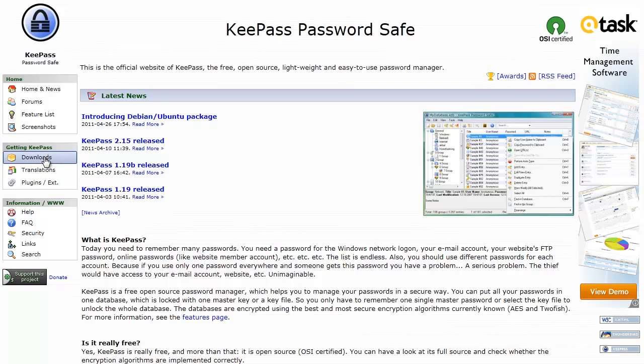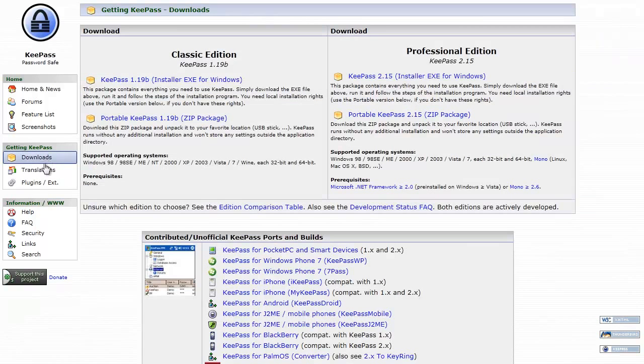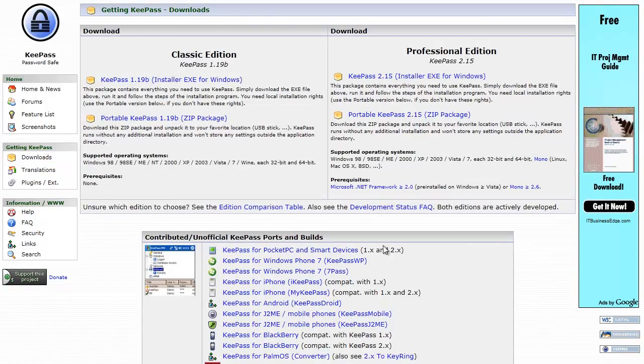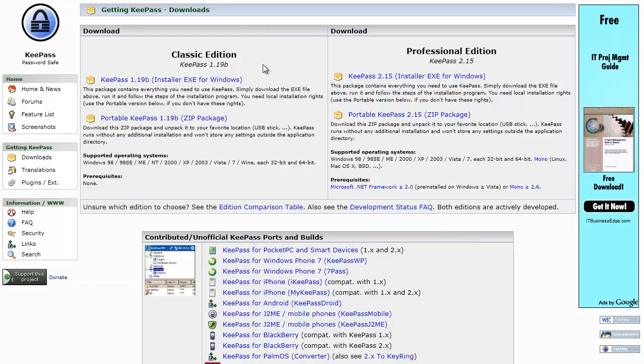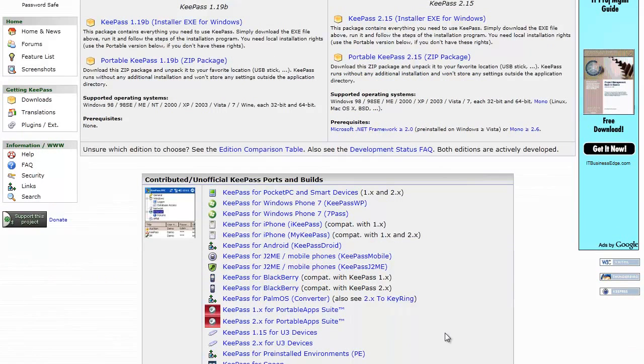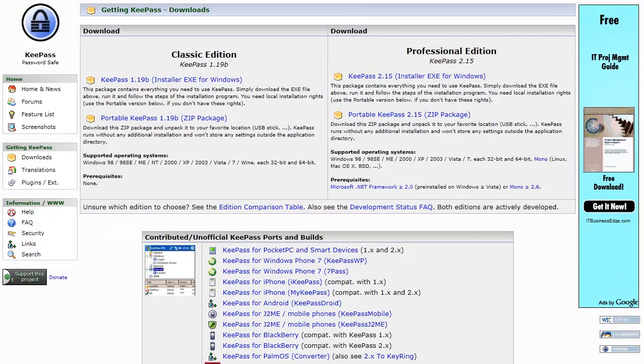I'm going to go to the downloads page here, just so you can see. These are ports of this application. It's natively built for Windows, but it has been ported over to Linux, Mac, Android, iPhone, BlackBerry, etc. I have the Classic Edition for Windows, and the reason I have that is, A, obviously I'm on Windows, but